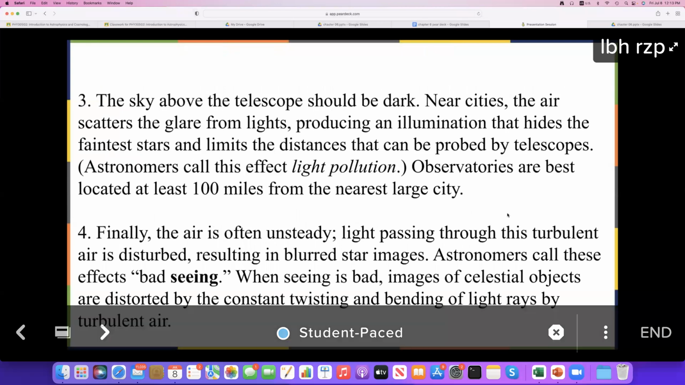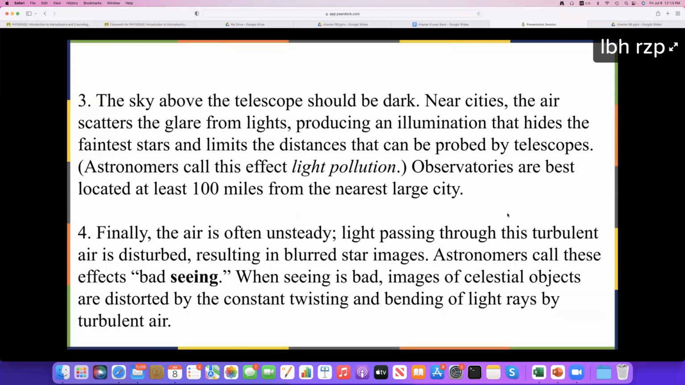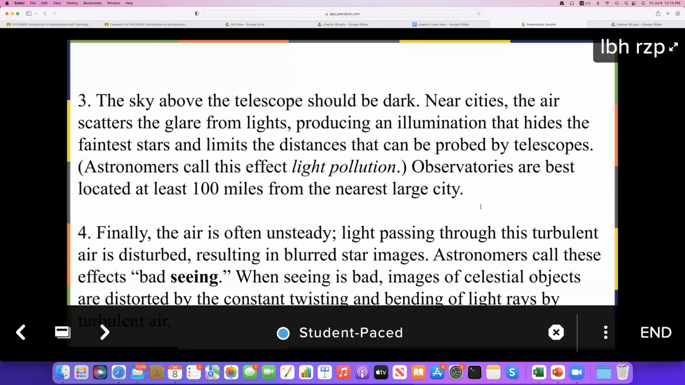And number three is, of course, the sky above the telescope should be dark, right? So near cities, the air scatters the glare from light, producing illumination that hides the faintest stars. So that is another big problem that we have when you are building telescopes, right? For example, let's say somebody has money and needs to build a telescope in Colombo. So you go to Colombo and try to build a very large telescope, right? I have seen sometimes this happens in Sri Lanka as well, but that is not going to work,